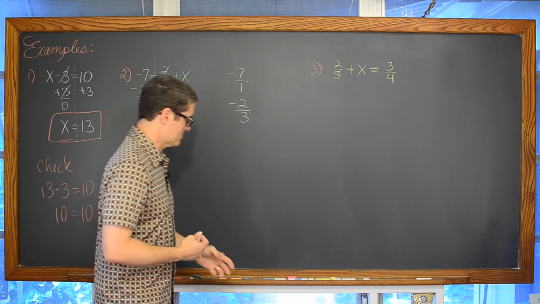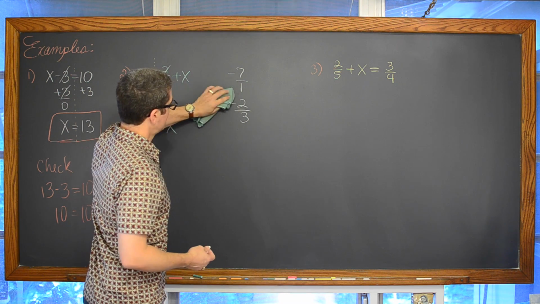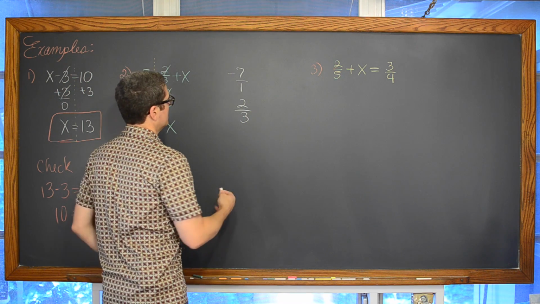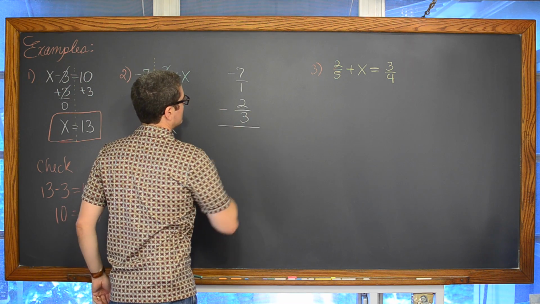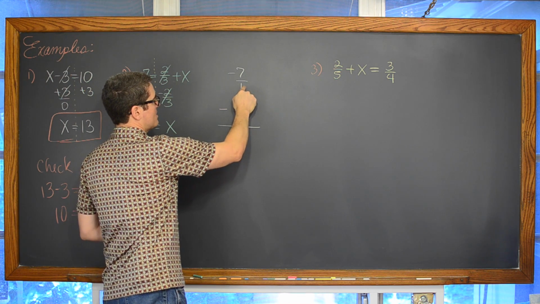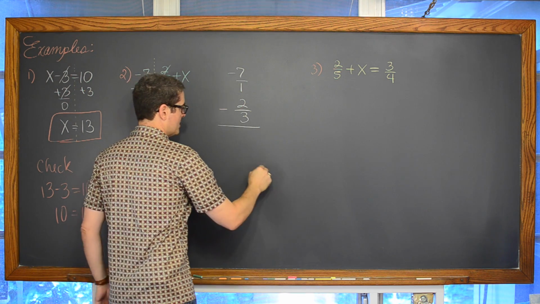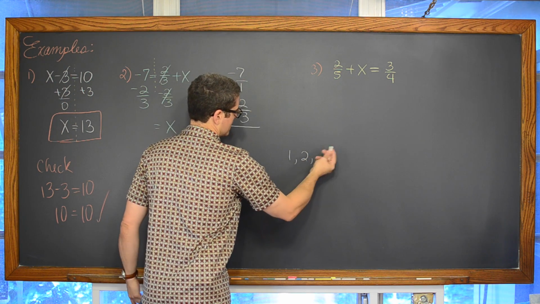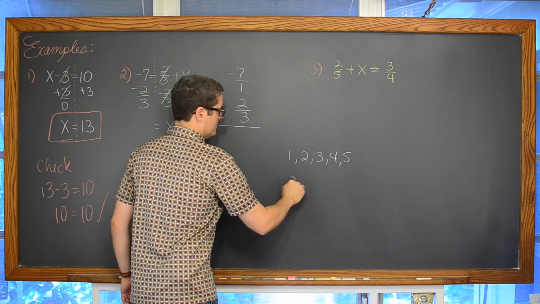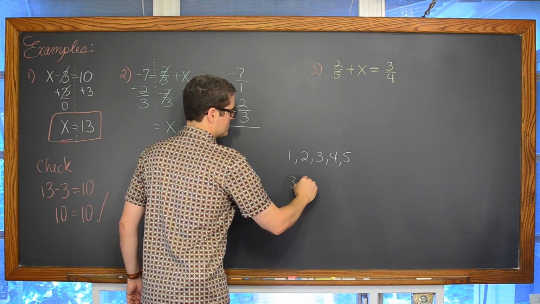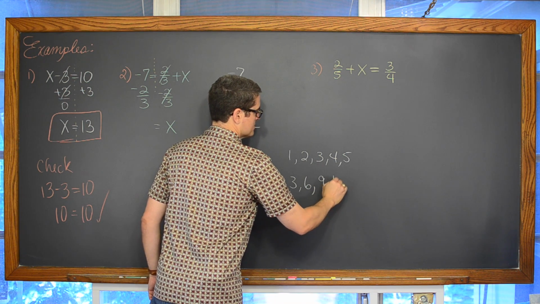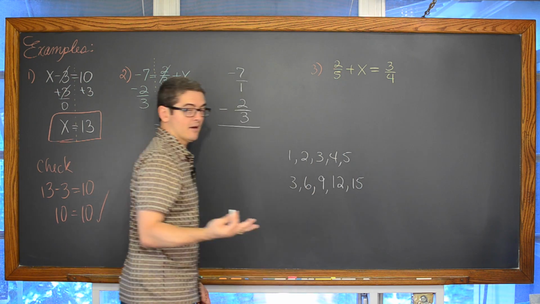You cannot add or subtract fractions unless you have common denominators. You want the lowest common multiple for the two denominators of those fractions. So if I'm looking at our denominator of 1 and our denominator of 3, the multiples of 1, of course, are really just counting by 1. And the multiples of 3: 3 times 1 is 3, 3 times 2 is 6, 3 times 3 is 9, 3 times 4 is 12, and I'm just really counting by 3.